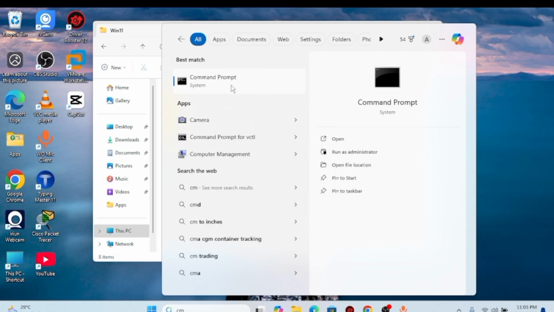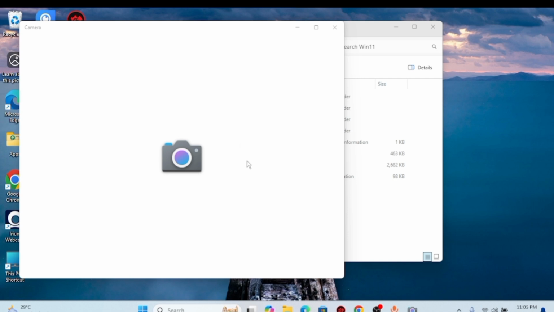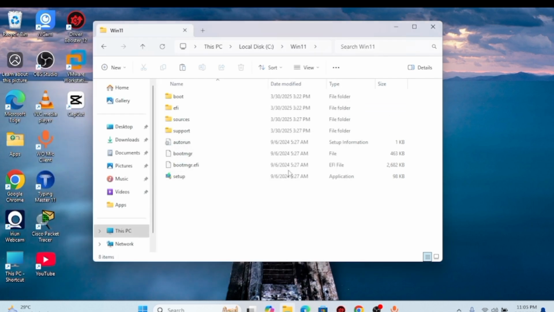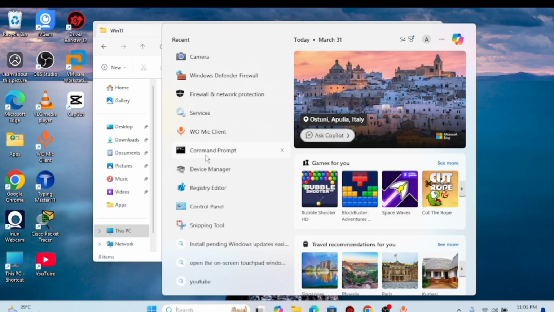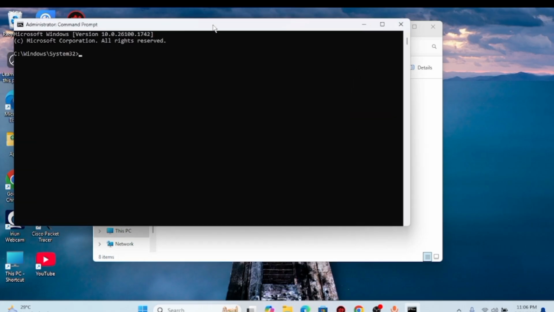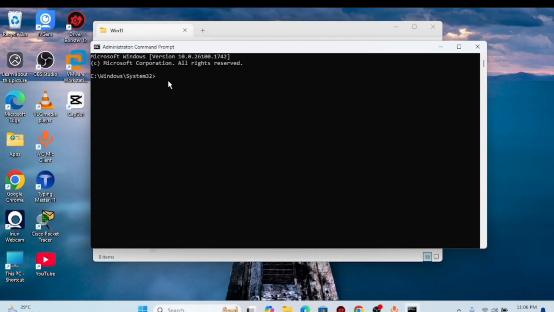Right click command prompt. I did not type it, what is this? Yeah. Right click command prompt. Yeah, so inside command prompt,